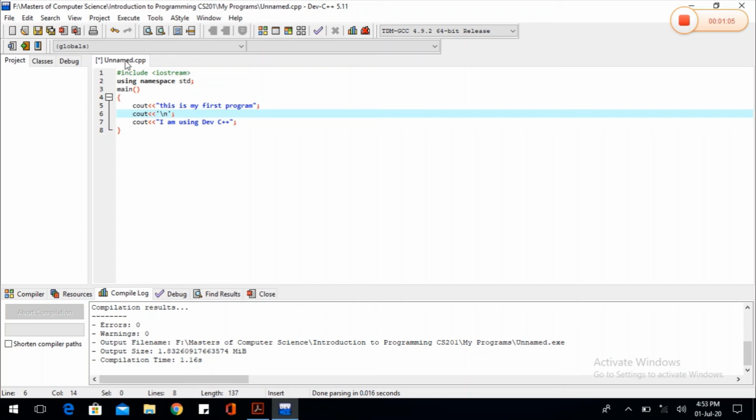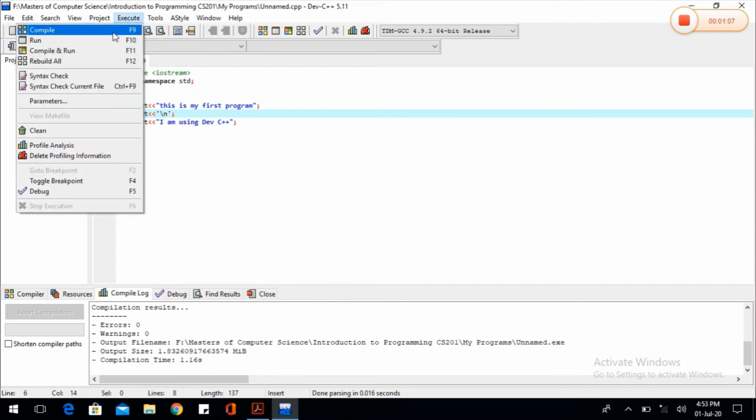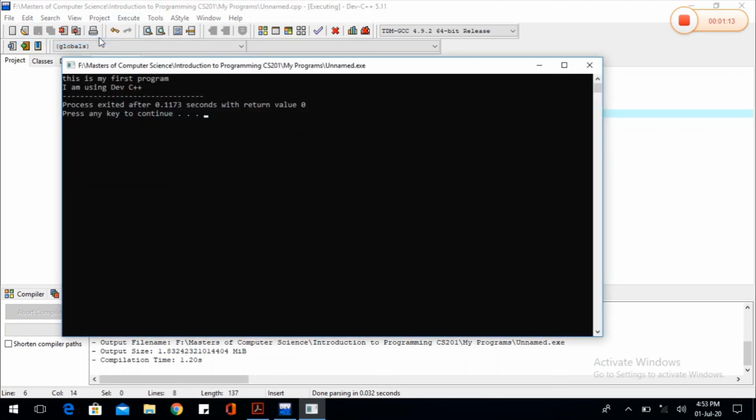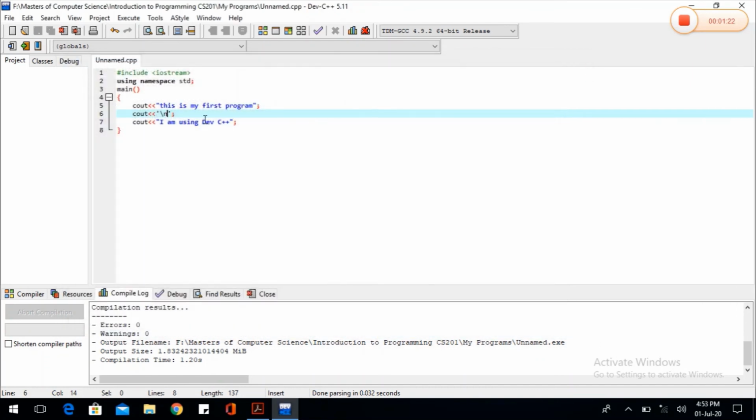Now we again compile our program. There is no error, no warning. Then run it. So here you can see that this is our first program. I am using Dev C++. So the endl statement and backslash n enclosed in single quotes do the same thing.